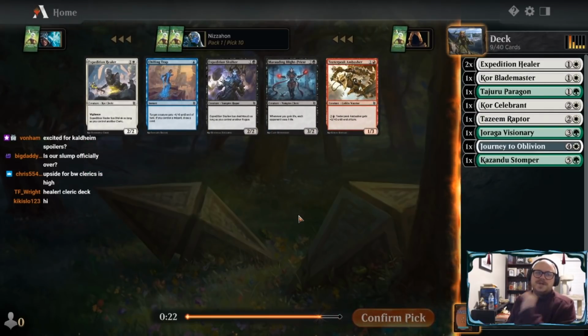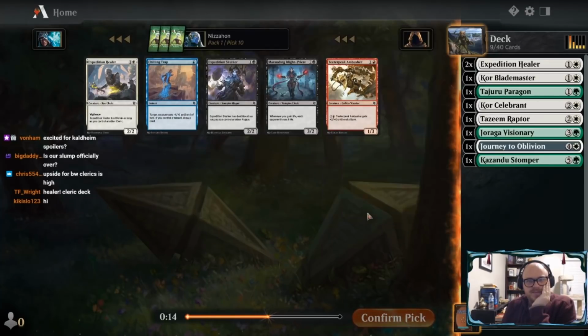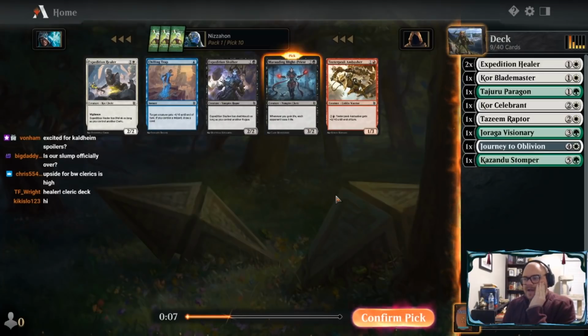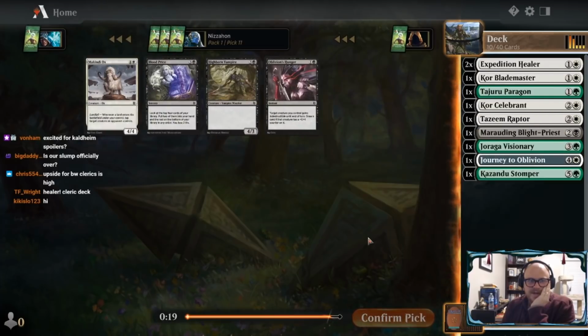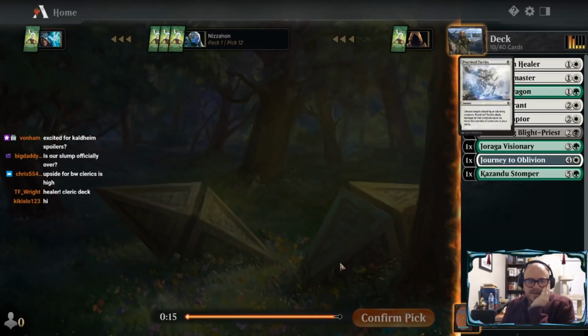Okay, well, this is interesting. So this Blight Priest came all the way around. We currently have Celebrant and 2 Expedition Healers. We could take a 3rd Healer, but I think I may take this Blight Priest, and maybe the Cleric deck will work out. Yeah, I mean, the Healer's good, but it's at its best in a Cleric deck anyway. So if we see more things that work in the Cleric deck, I think we're taking them. We'll take this Ox. I kind of doubt we play it, but...